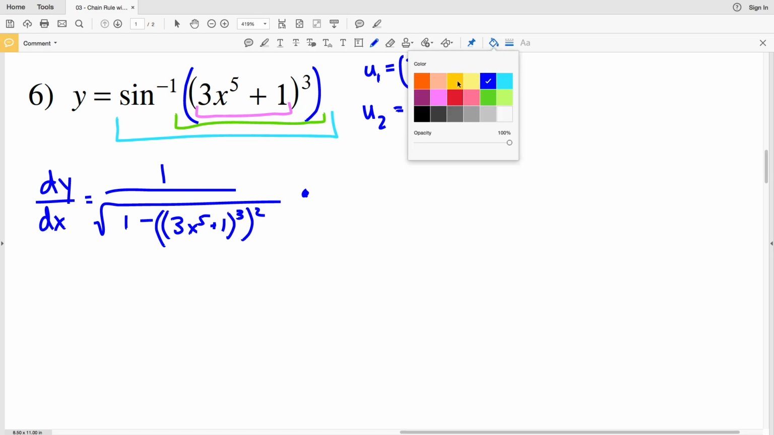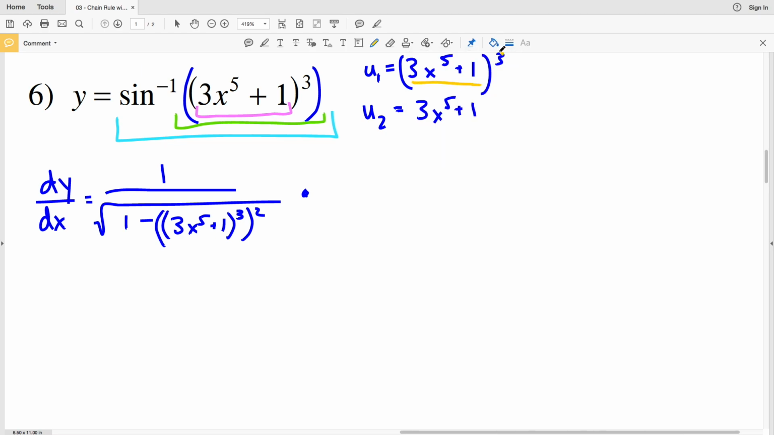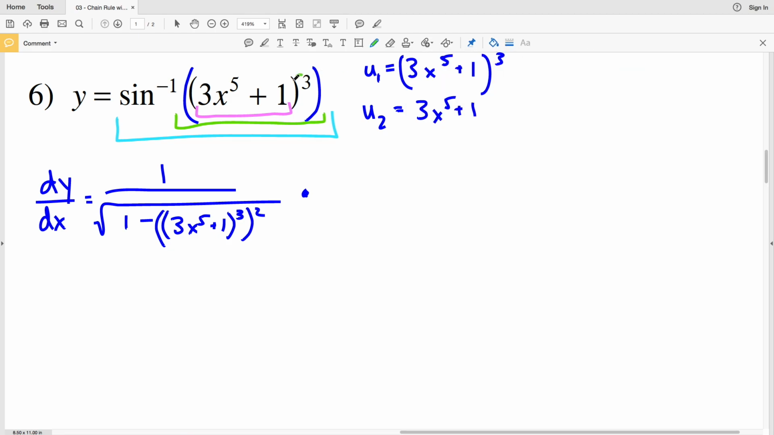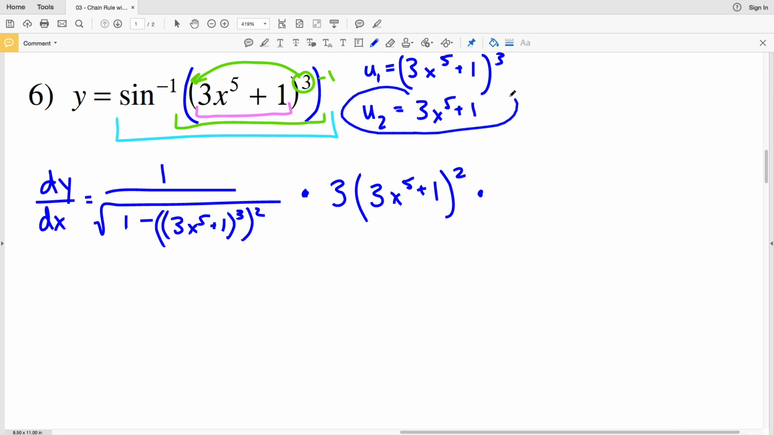So when we take the derivative of u sub 2 cubed, that's going to be 3 times u sub 2 squared. So visually we can see that we're just going to take this 3, bring it down in front, and then decrease that exponent by 1. So that's going to be 3 times our u sub 2 value of 3x to the fifth plus 1, that innermost function, squared. And then finally we're taking the derivative of the innermost function, so finally taking the derivative of u sub 2,